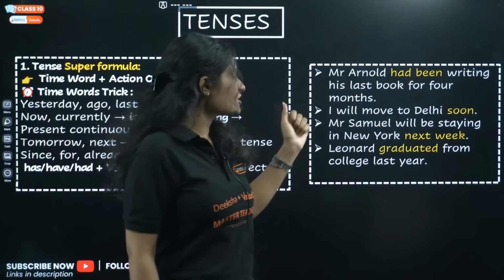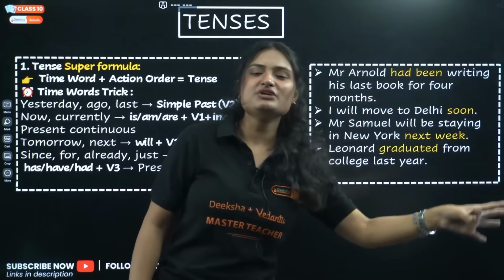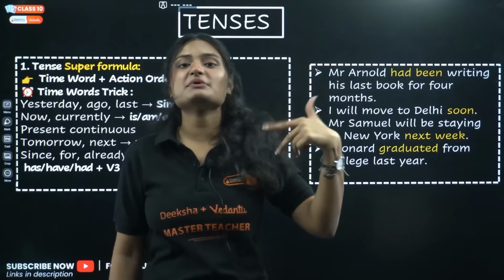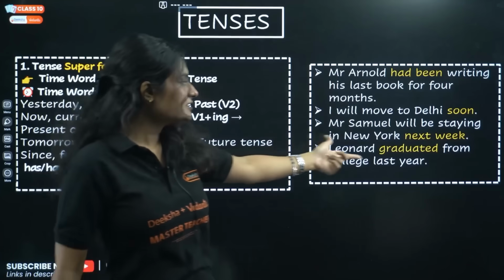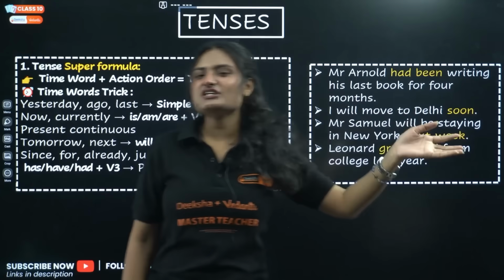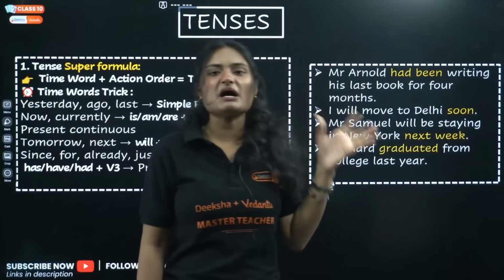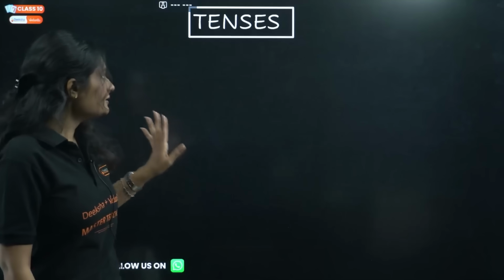Mr. Samuel will be staying in New York next week. Next week means the event is going to happen in future, right? Leonard graduated from college last year. The event has happened in the past, so that's why past tense is used. Okay, now